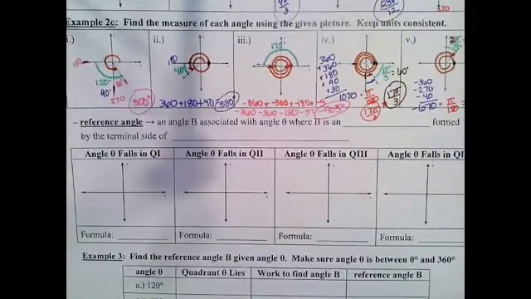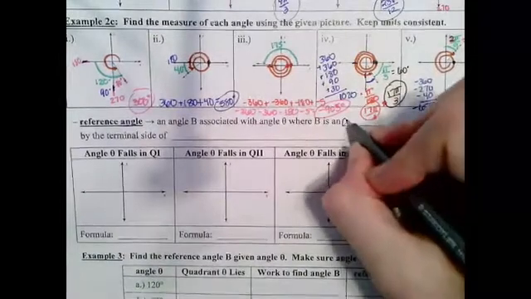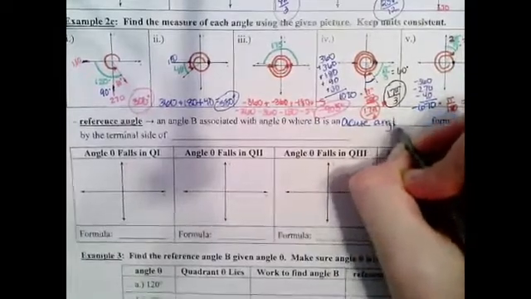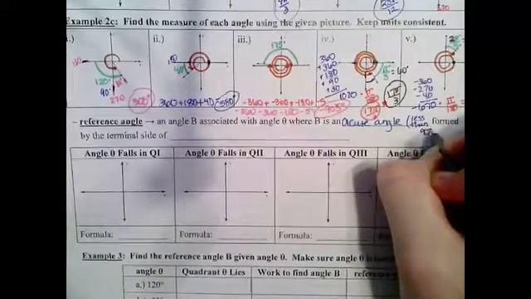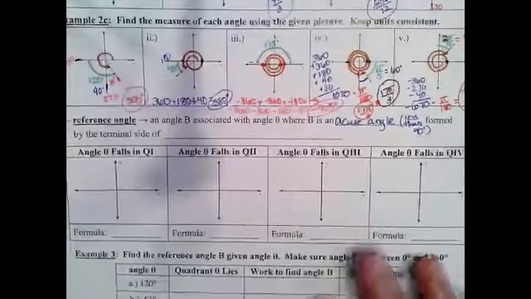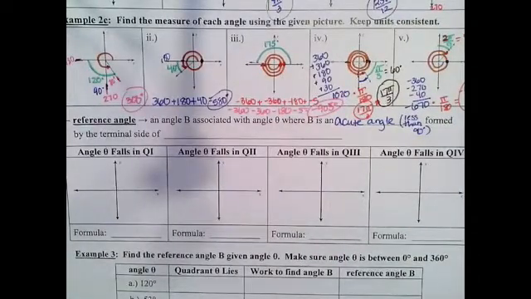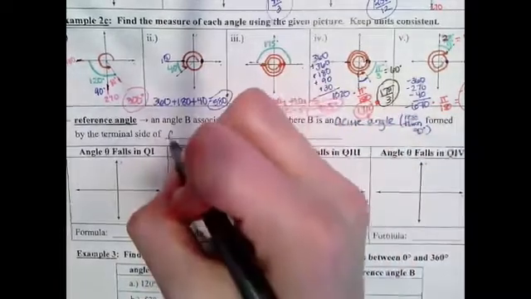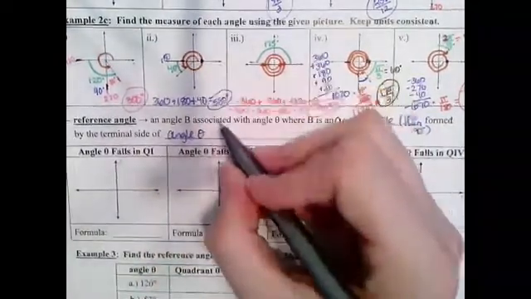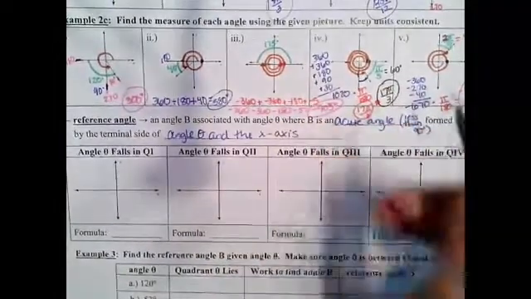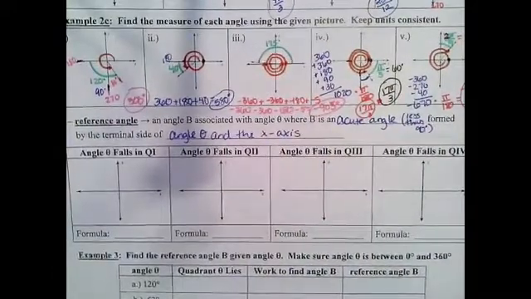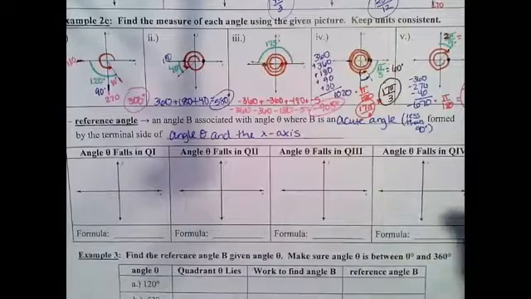All right, last little bit here is reference angle. Reference angle is an angle B associated with angle theta, where B is an acute angle, less than 90 degrees, formed by the terminal side of angle theta and the x-axis. All right, what does that mean, Mrs. Wallace? So